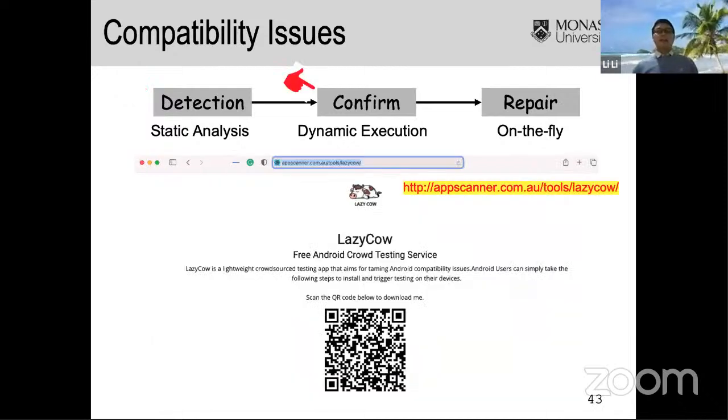In the next step, we want to confirm those statically detected issues. So we introduced a lightweight crowdsourced testing platform called Lazy Cow, which tries to distribute compatibility-issue-related test cases that are very small, so that we avoid bandwidth problems in crowdsourced testing.